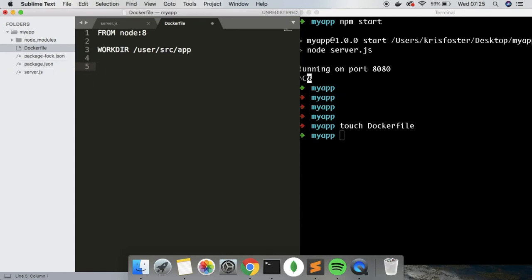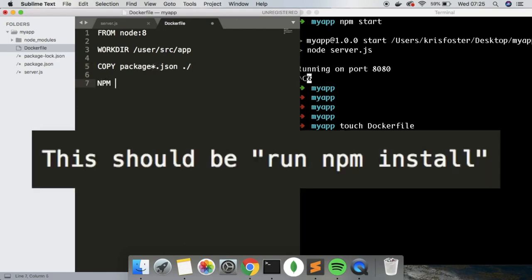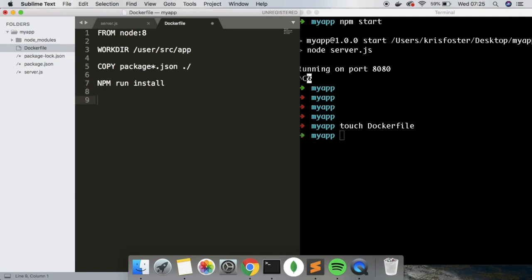So to do that, we're going to say COPY package*.json, and we're copying from here, from the root, as the package.json file is here. And we just put this asterisk so that we're copying in the package-lock and the package.json. And then we want to run npm install. And once this is done, we're ready to copy over all of the other source files from our project. So to do that, we're going to say COPY